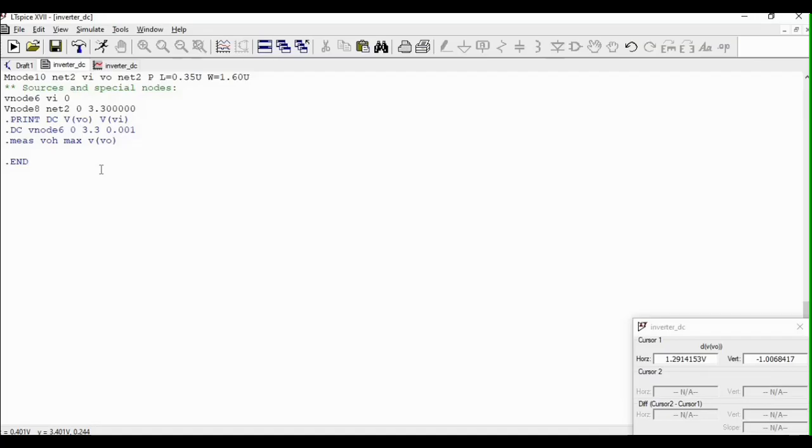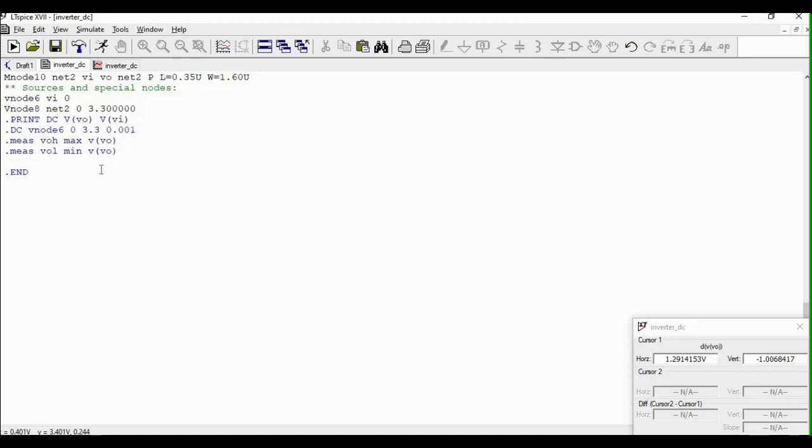Followed by, let us solve for VOL, so that measure VOL, instead of the maximum, we're going to get the minimum value, still for V out.